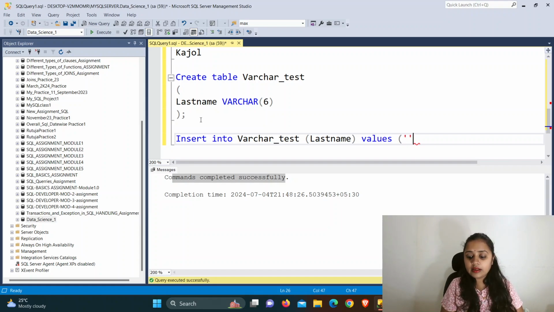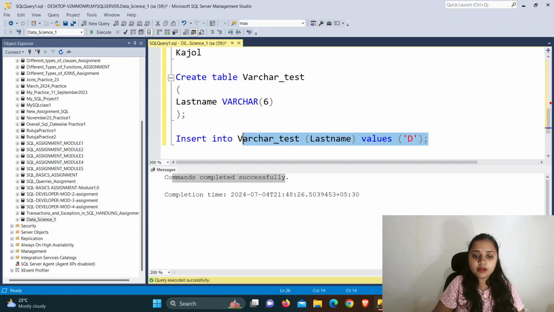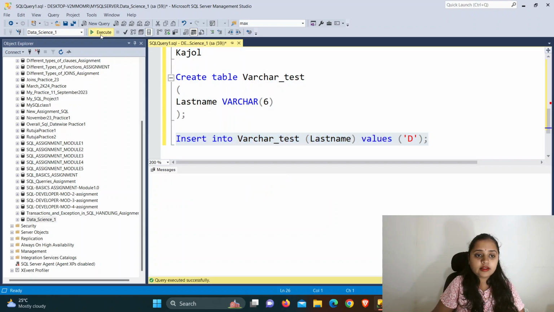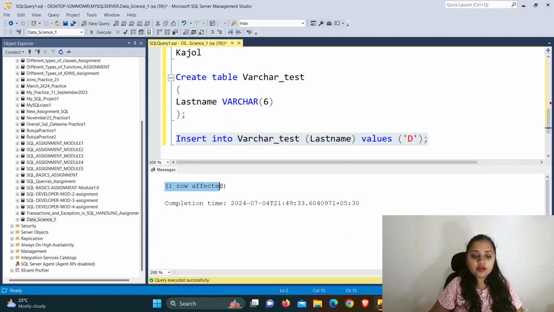As you are giving a string, you need to give it in inverted commas, double or single as per your choice. Now I have given the varchar limit up to 6. Now I will try to give the name as only D. For better understanding, I give only the name D, select it and hit the execute button. So here one row is affected.